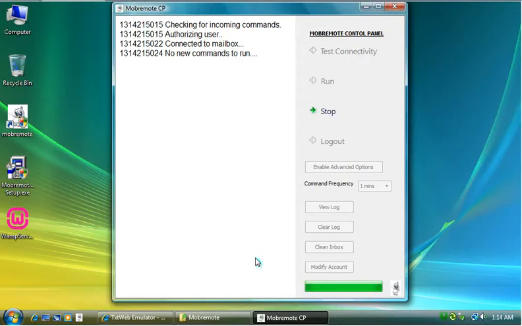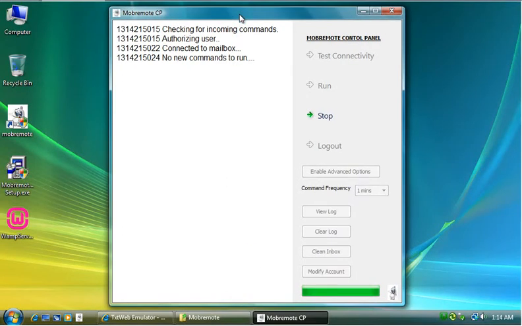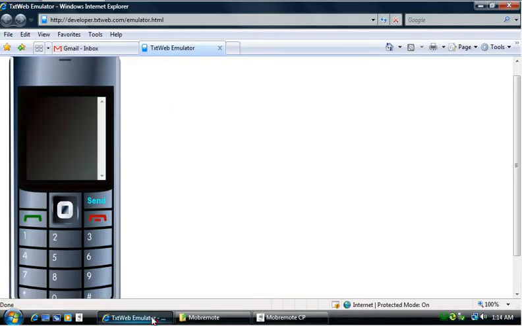Okay, to run commands, first when you are about to leave your home, just check everything, test your connectivity, check everything: your Gmail account, enabling of IMAP and WAMP extensions, the PHP, IMAP, OpenSSL, everything, and just hit on run and leave the software as it is. It will check for commands at regular intervals, and you will just leave your home with your cell phone with you. And remember, your security key is very important. After that, you can execute your commands at your will.